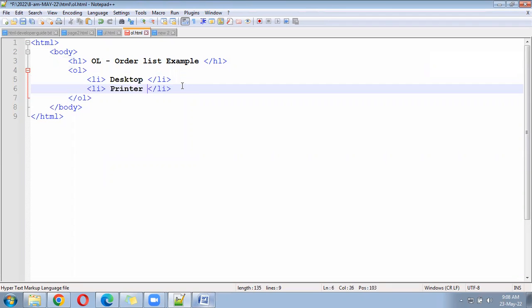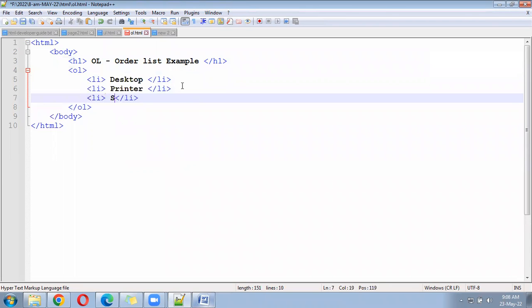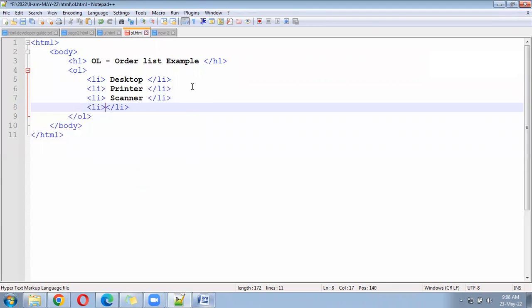Next li you can add scanner. Desktop, printer, scanner. Next li you can add mouse. Next li you can add